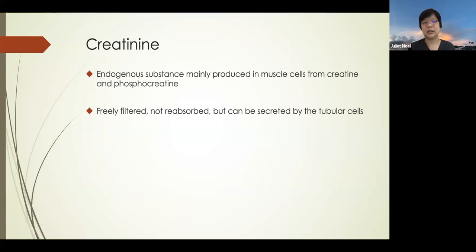But the reason why we use creatinine is that it's endogenous, so we just get it, and it's easy to measure. The problem is that secretion is very low if you have normal kidney function, but as your kidney function deteriorates, that would mean your plasma creatinine